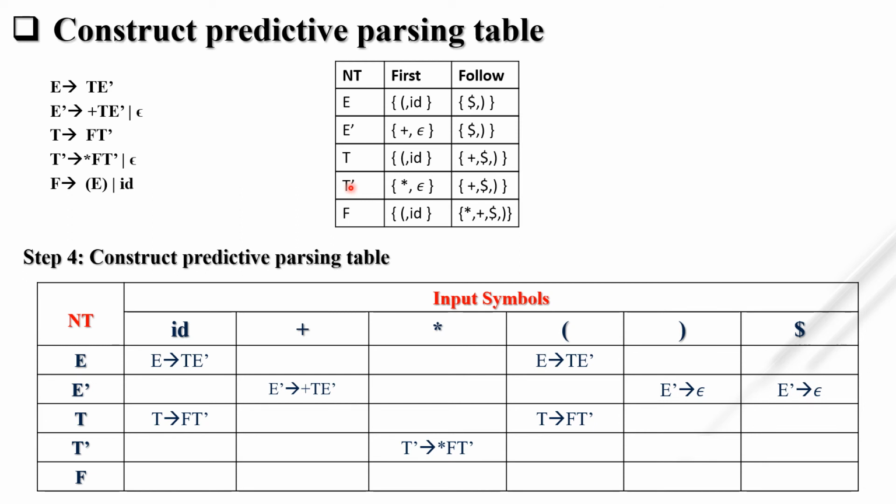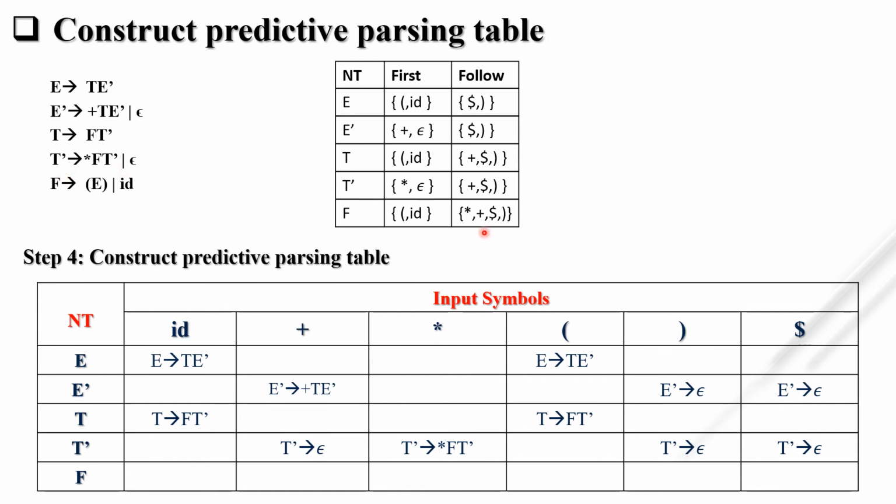Now here it is null, so we also have to consider the follow. So we have to simply put T dash tends to null in the position of plus, dollar and closing bracket. I told you earlier and I am saying it here too: whenever null comes, what we have to do is put T dash tends to null at plus, dollar and closing bracket. So T dash tends to null at the position of plus, where is plus, here, then dollar here, and in closing bracket here. Okay,